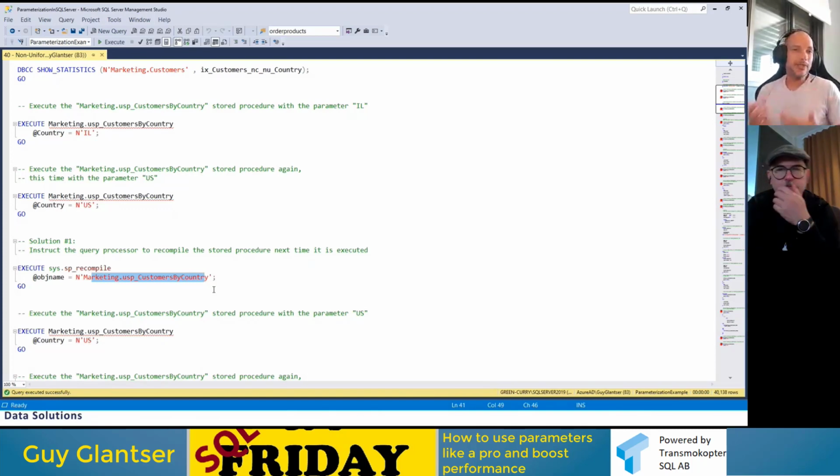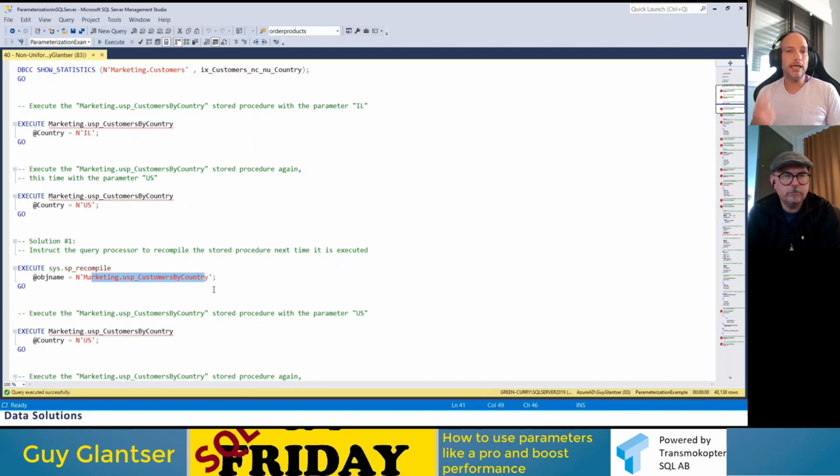What it means is that it doesn't really solve the problem. It just gives us another shot. Maybe in the next execution, things will be better. Maybe in the next execution, another user will use different parameter values that will fix our problem and go back to a better plan that we had before or something like that. Okay, so it doesn't really fix the problem. It's not a really good solution, but it's a very good solution that you need to have in your toolbox,